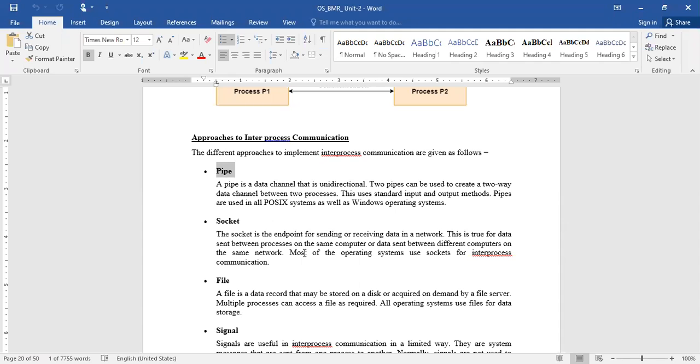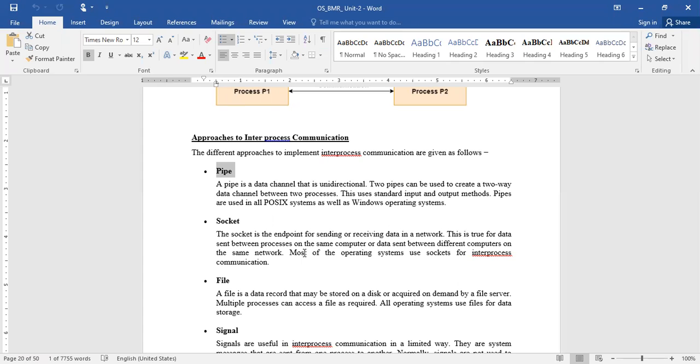So a socket is an endpoint for sending or receiving data in a network. Especially in our computer systems, we use sockets for communication between one system and another system. We use different socket numbers, port numbers, for different servers and all.